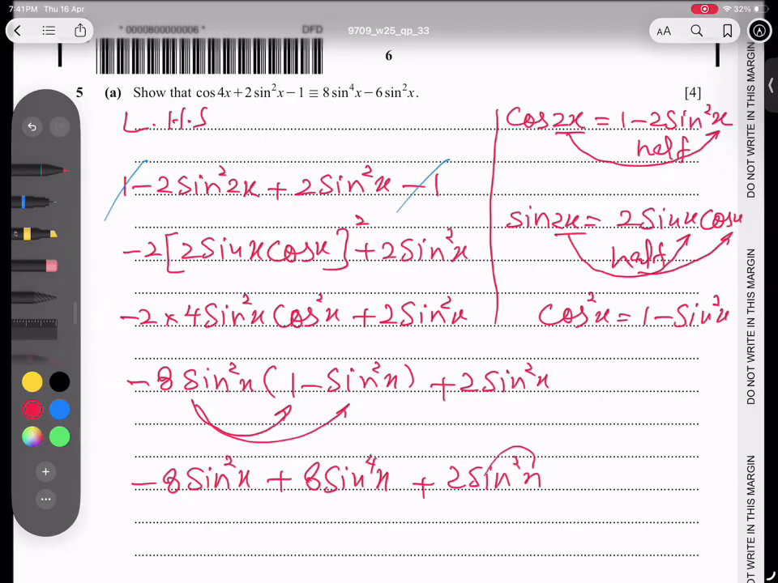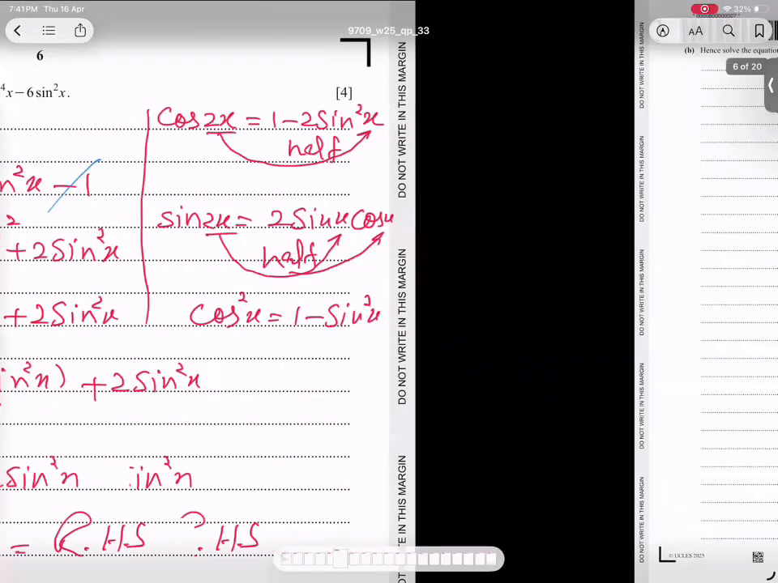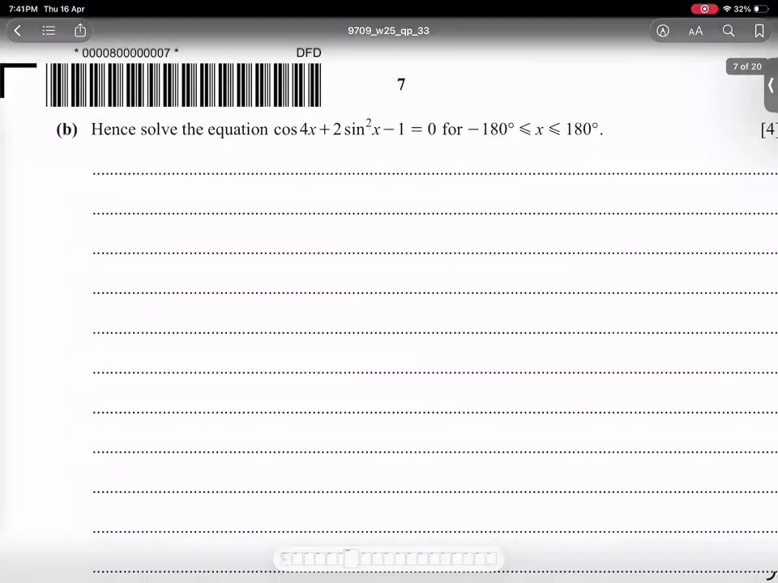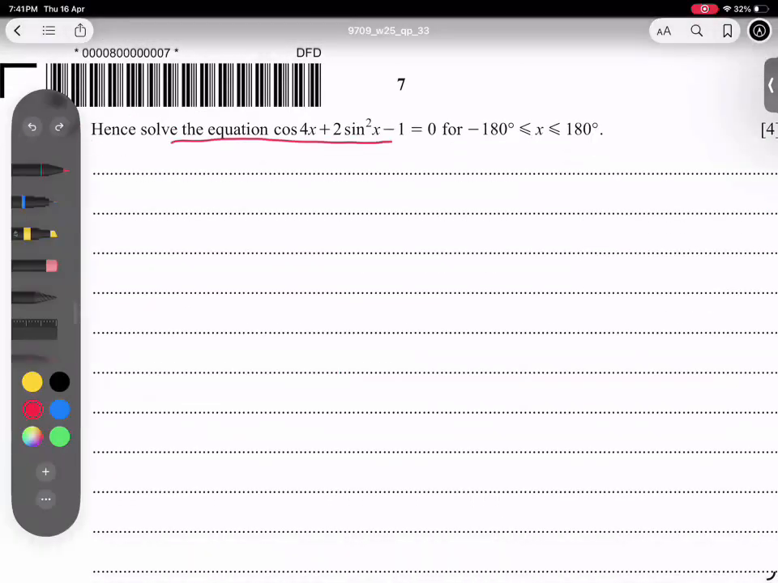So these two sine square and sine square will give us, and it means 4 first power I'm writing as it is, and -6 sine square x equals to right hand side and proved. So Alhamdulillahi Rabbil Alameen, this part is very clear, and we have done the first part, and let's go for the second part. Second part is what we have solved this equation, hence means previous part will help you,